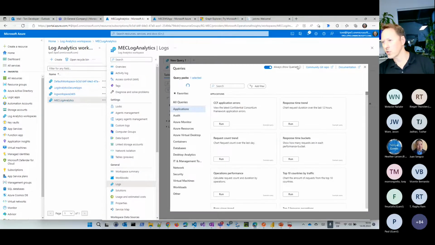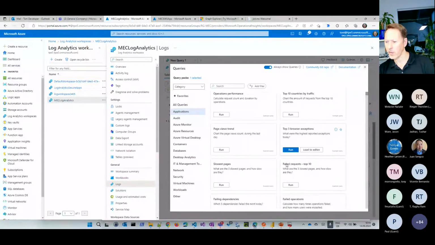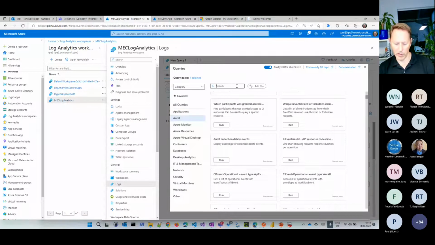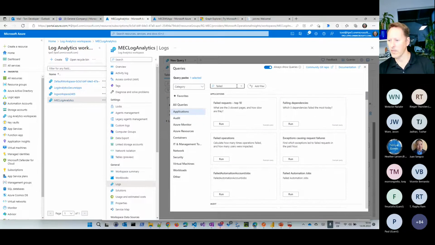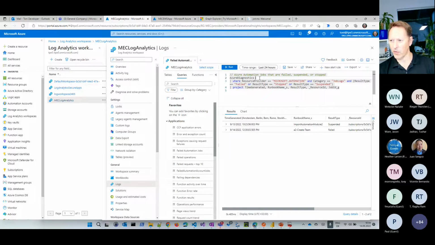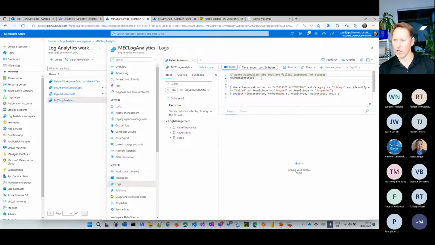And here I go to logs. This shows me some default queries. I simply close that, or I think I have one already stored, which is something with failed things, this one, failed automation jobs. So load this query to the editor here, and I just want to show you what I'm doing. First of all, I'm asking for a table that's coming from here. I'm asking for the Azure Diagnostics. And if I run this, you can see I get a lot of results.